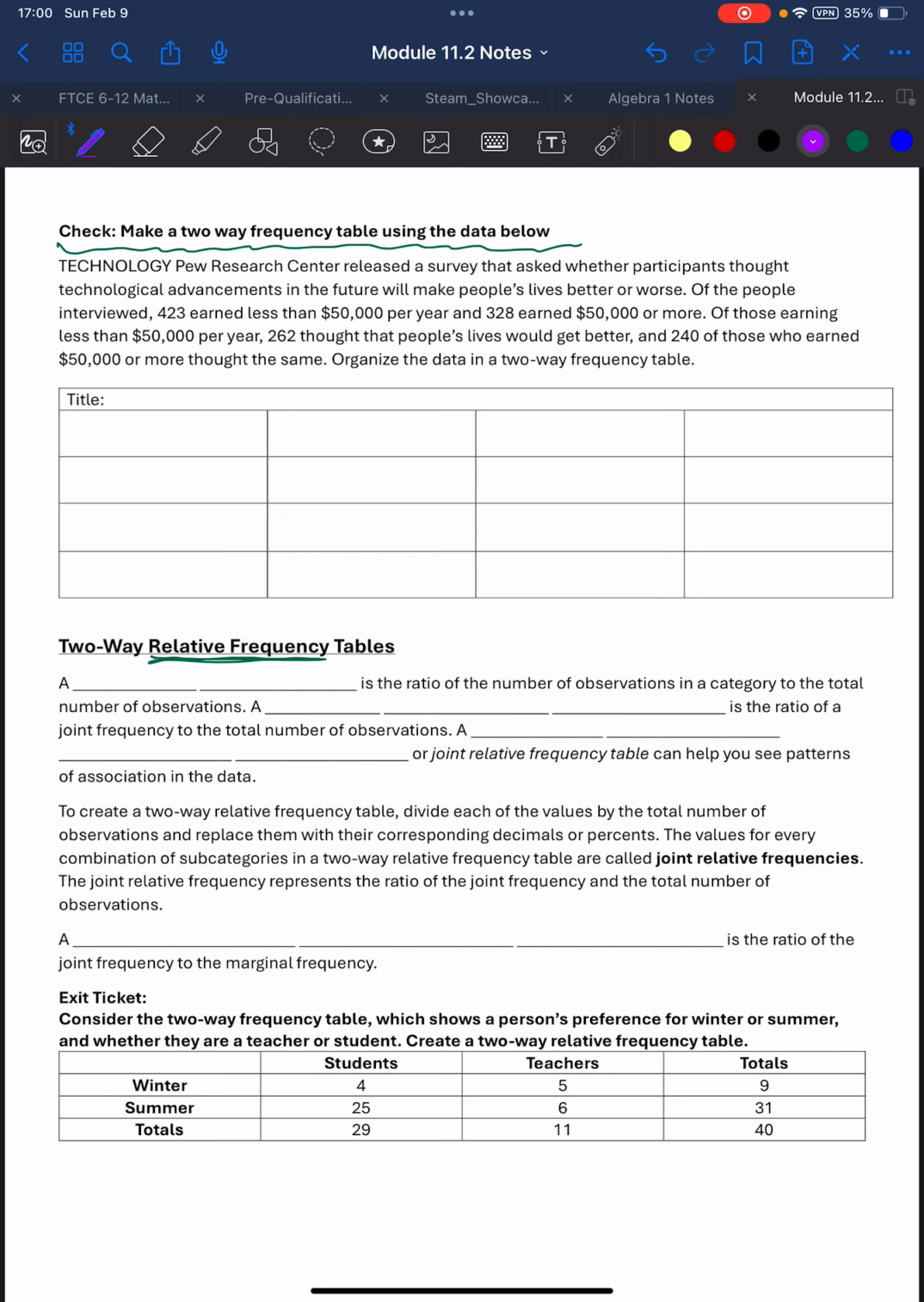So they're going to be in two different categories. So it's relative. The way you compare things is going to be relative. So that's the same thing with our frequency tables. Okay, a relative frequency table is a relative